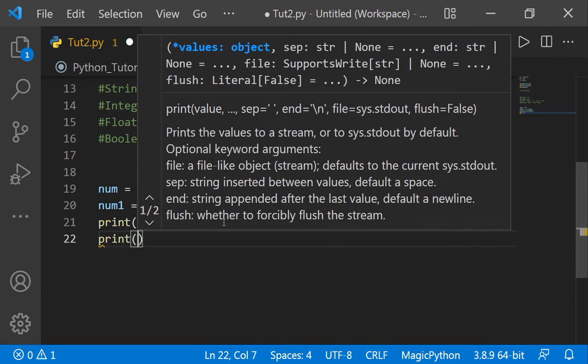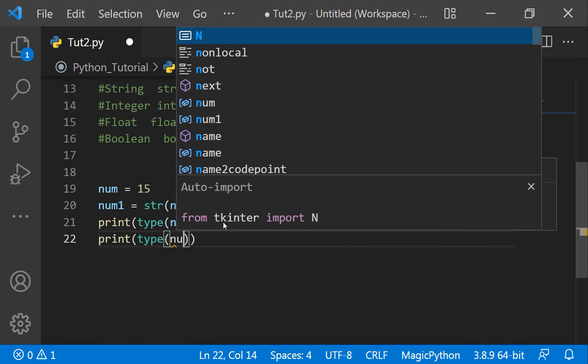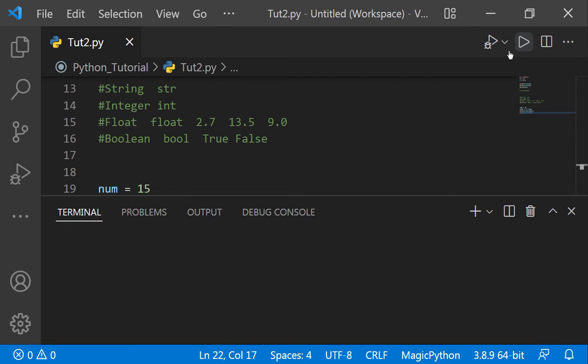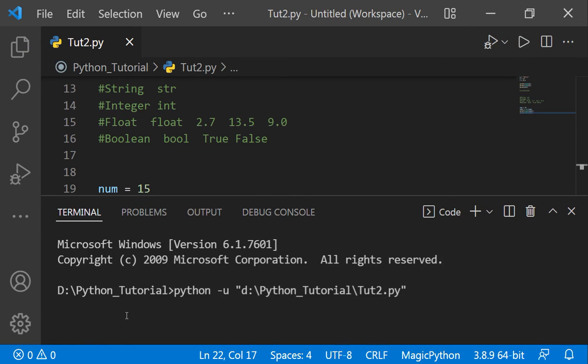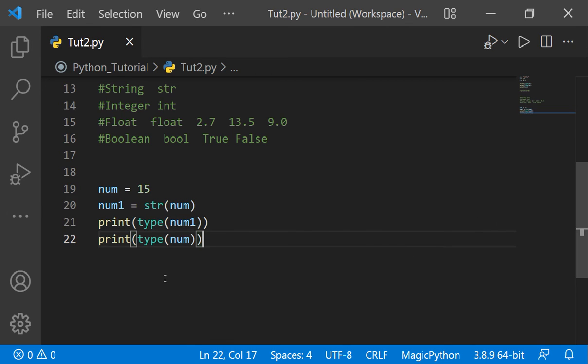But if we print type of num here, the initial variable in which our integer value of 15 was stored, the type will be integer only. It won't change. So